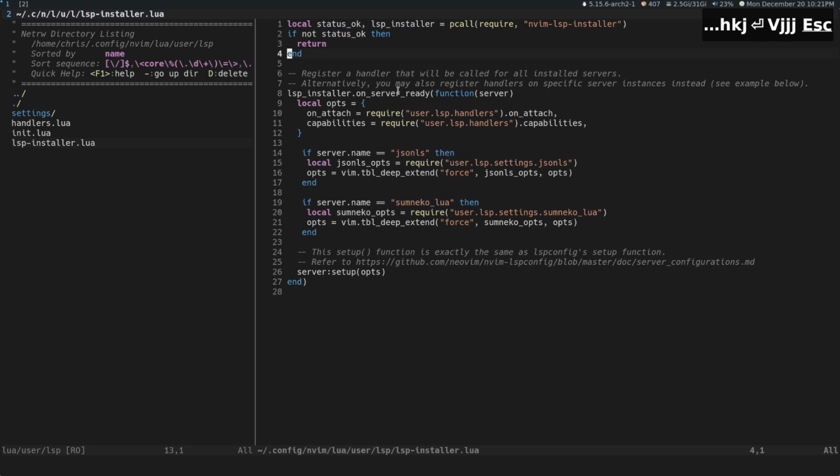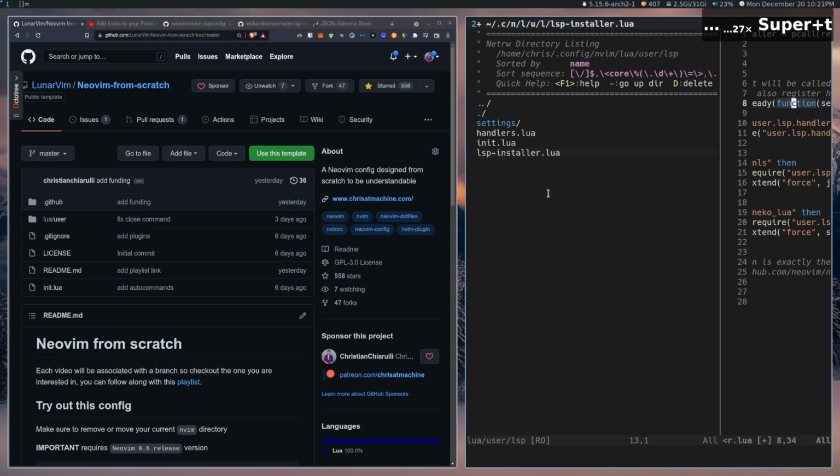We do the same thing here. If you can't find LSP installer, then just return because nothing here is going to work. So we might as well just jump out if it doesn't work. Again, you could print something here to tell you that it didn't work, but I just leave it as it is. All right, so we have LSP installer.onServerReady, and all this stuff here, this comes from